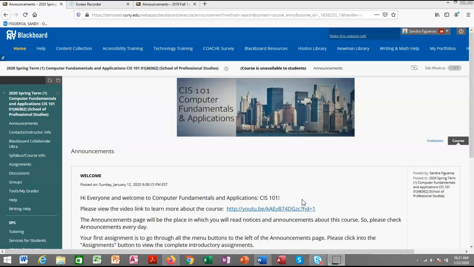I just want to go over a few things in terms of navigating the site. Many of you have had online experience, so this is not anything new to you. You know very well that you need to discipline yourself and make sure you're faithful to looking at the site. I will talk to you just briefly about where to look for everything.